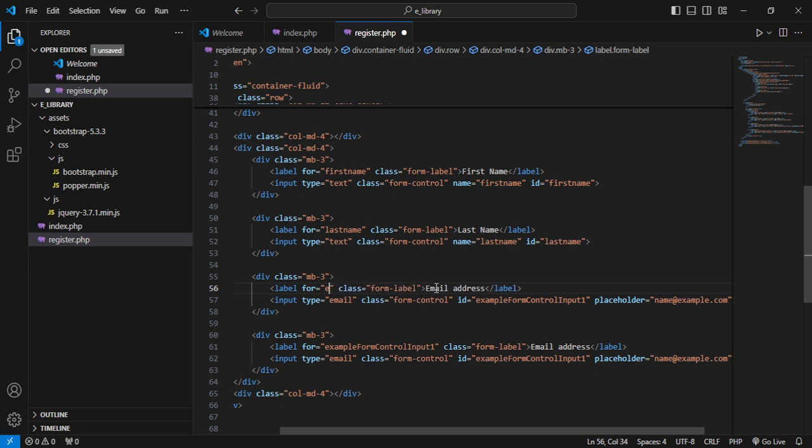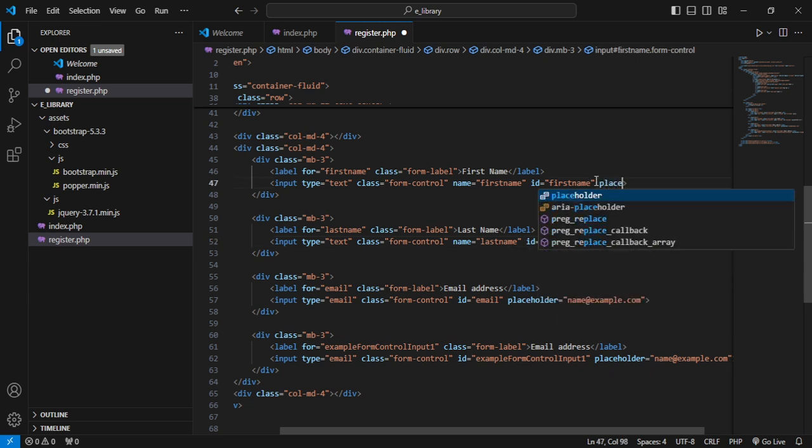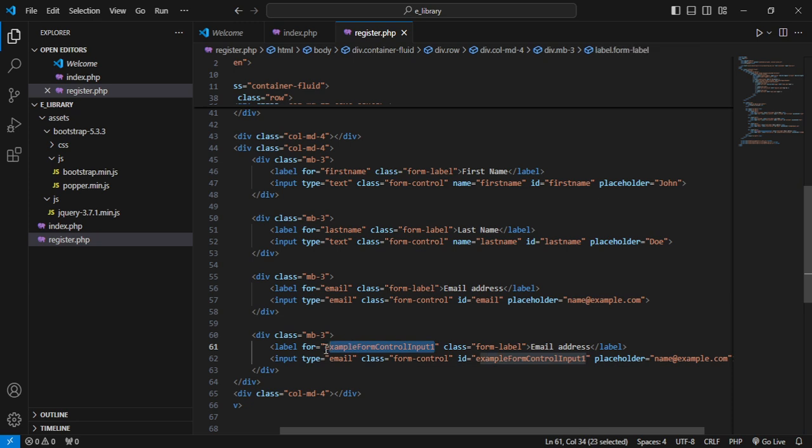So email, just leave it email, give it a type of email, and then we'll give it an id of email, right? Let's just put a placeholder. We'll say placeholder, and here we say placeholder, we say John. Then password, we give this password, and we give it a type